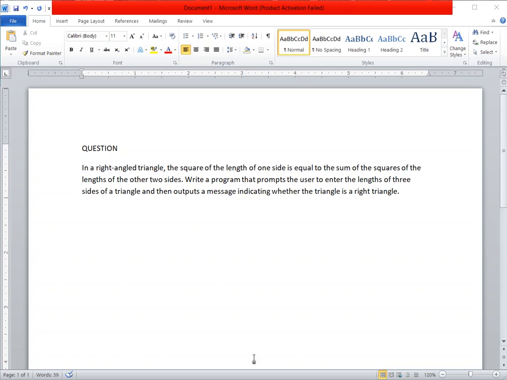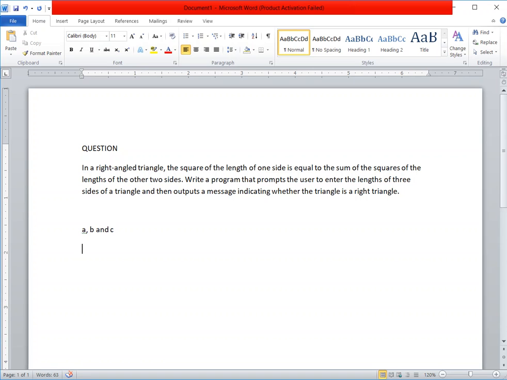That is a simple understanding, which means if I decide that my one side is A, then the other side is B, and then the last side is C,